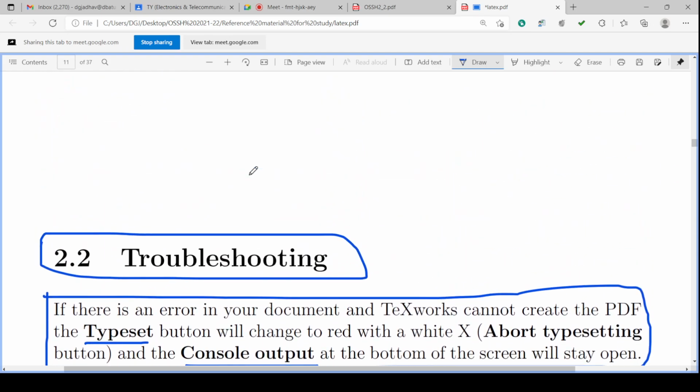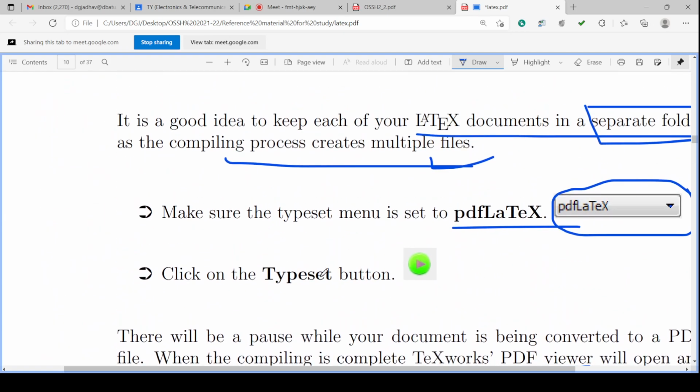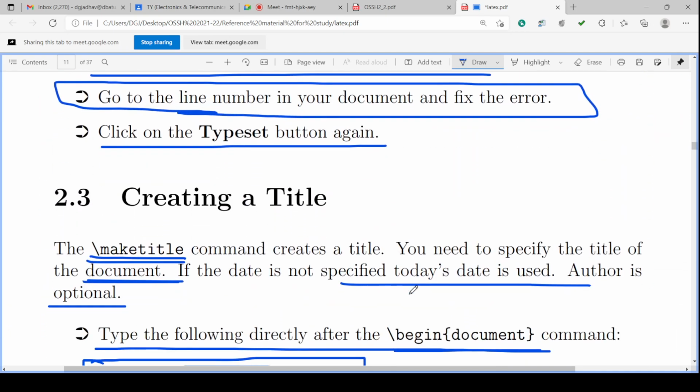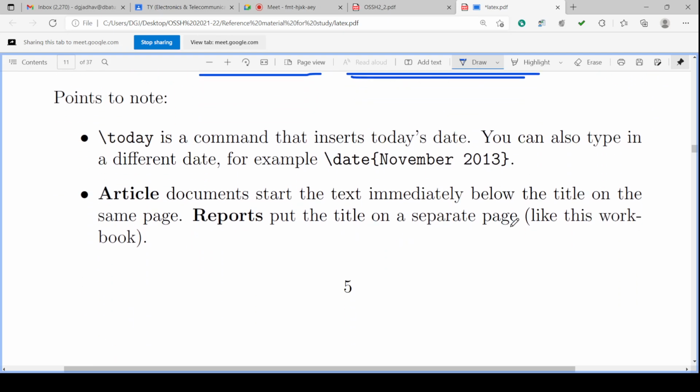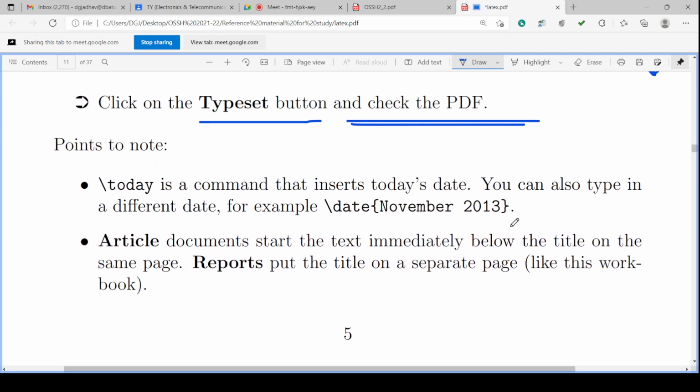This typeset button is just like the execution or run of the program. If you click the typeset button, the PDF will be generated, and we double click, or it is automatically launched, and you check whether the title appearing is correct or not. Or if you want to change something, the date or something, then you can do that.